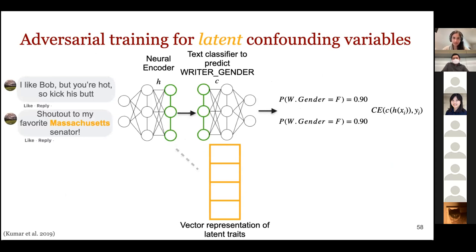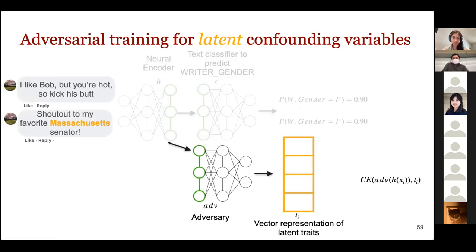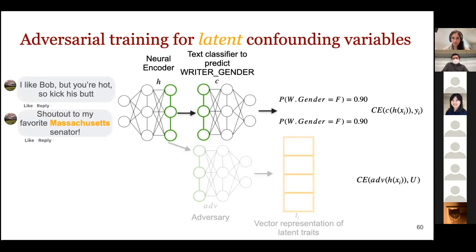And we introduce an adversary that's explicitly trained to predict this latent trait vector. Then we train our total classification model using a two-part loss function that incentivizes the model to fool this adversary, but also predict the actual value that we want the model to learn, which is gender of the addressee. I'm going over this really high level.